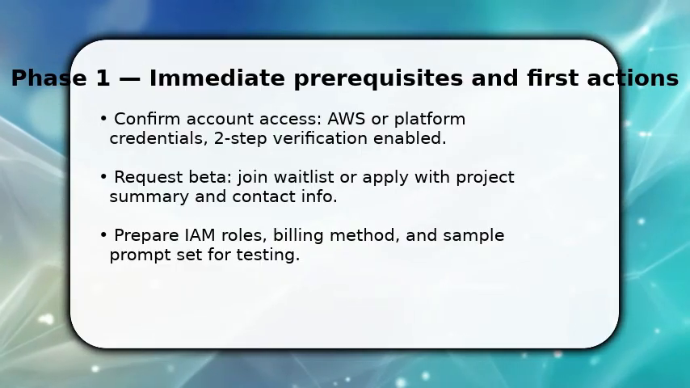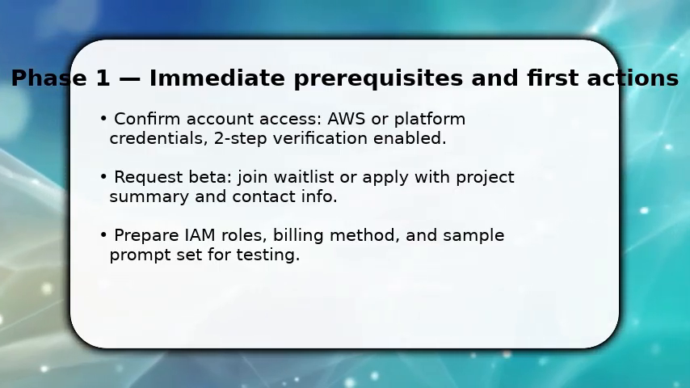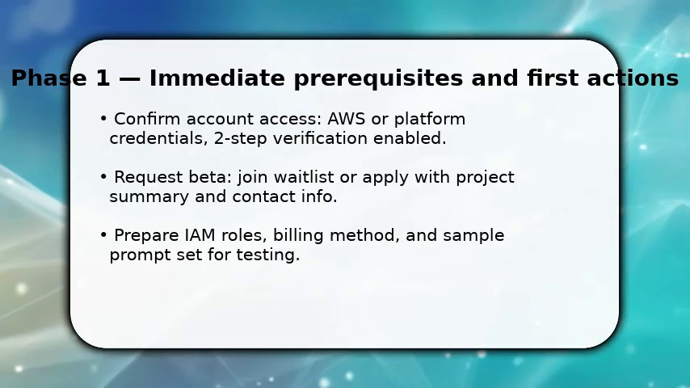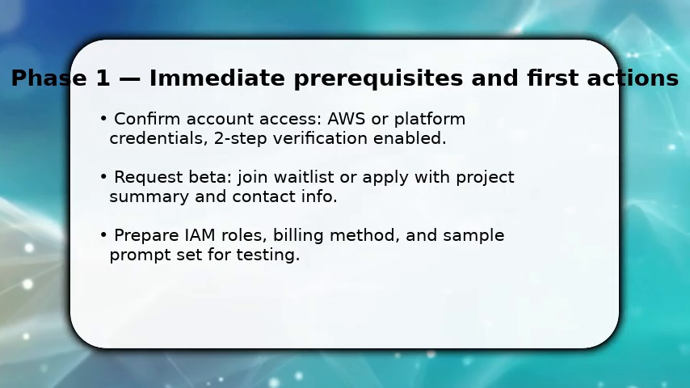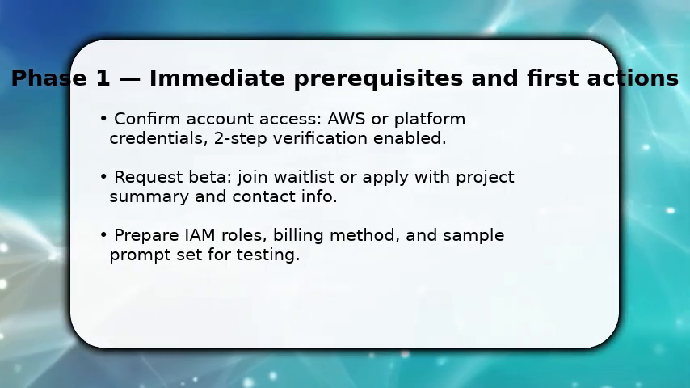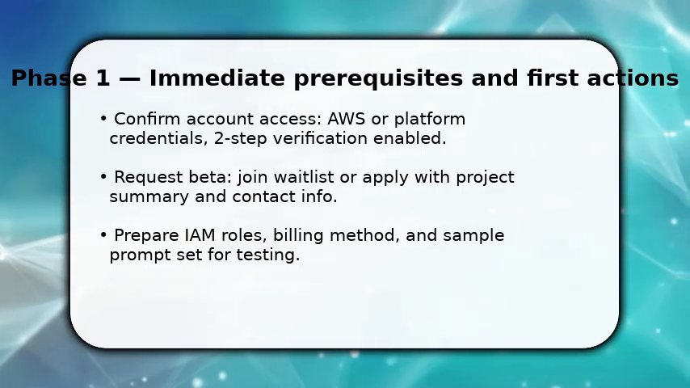You start by confirming access and essentials. Log into the platform with your primary account, enable two-step verification, and verify billing details. Once done, submit the beta request or join the waitlist immediately, attaching a concise project summary and contact email so